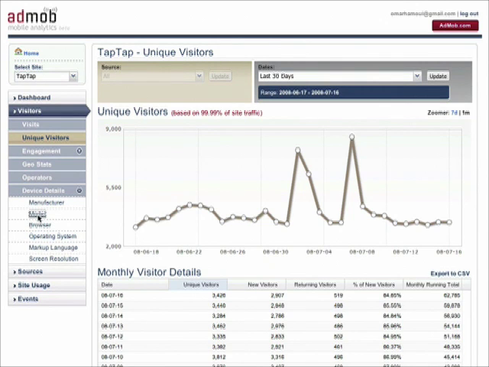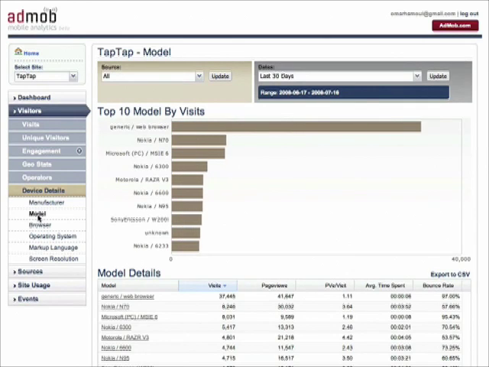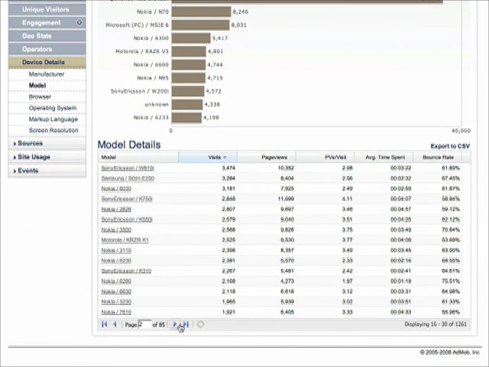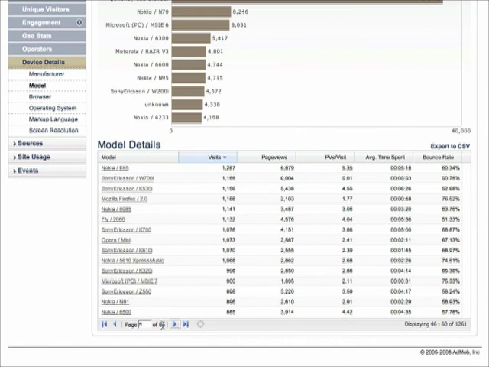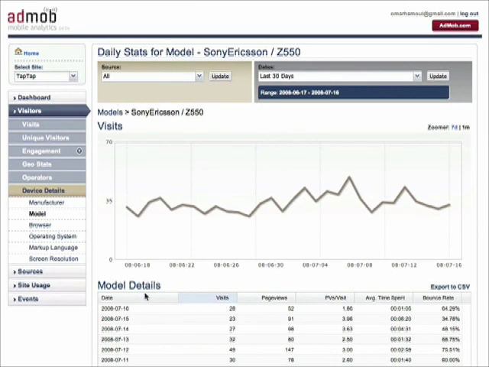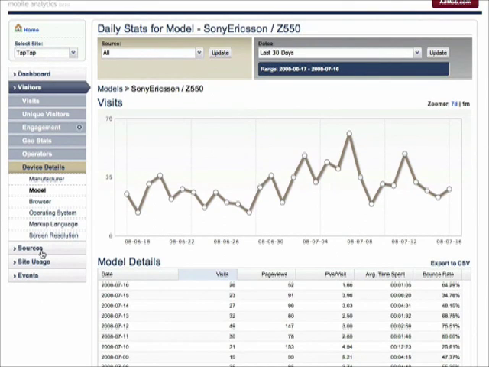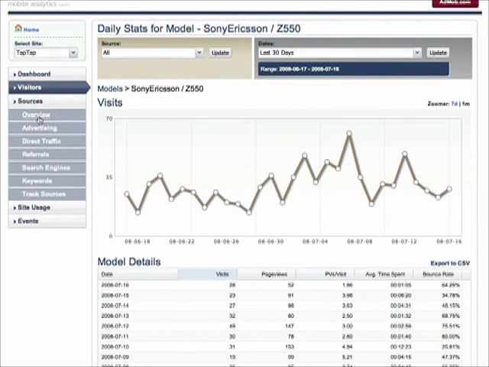On the device side, if I click model here, I will get a report on every single model of device that has visited my site. And in terms of the depth, you can see there's 85 pages of these models. And if I pick one at random, so let's pick the Sony Ericsson Z550, I would actually get daily statistics from that one device. I can take a look at traffic sources, and I can take a look at an